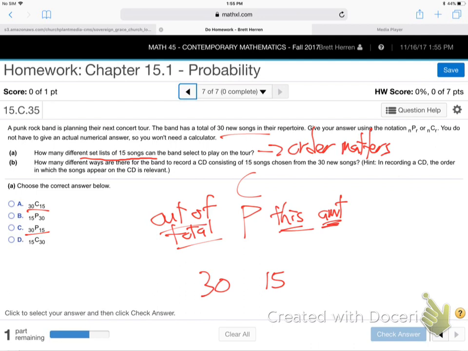I'll make it crystal clear, like part B. See how part B says, hint, in recording a CD, the order is relevant, matters. That's the kind of thing I'll do, so you're not guessing whether the order matters. So anyway, part A and part B, both, they're saying the order matters. So if the order matters, which one is it, P or C? It's P. That's the answer both to A and B. They're both P, which is also kind of weird, I think. So, that good? That makes sense? So when order matters, it's P. Order does not matter, it is